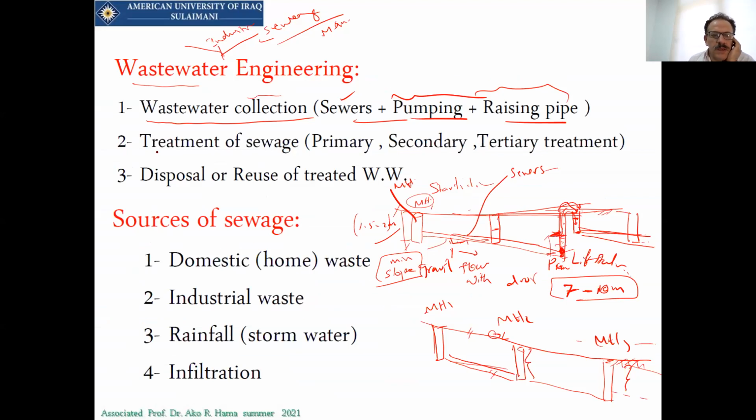Okay. So as we said, this is the system. For the sewage, we have domestic, which is what we call household sewage, and there will be industrial, and rainfall and infiltration. What is industrial? You know that we have industries and their waste. Unfortunately, in Sulaymaniyah we have a system called the combined system. Combined system means that everything will be thrown into the sewer.